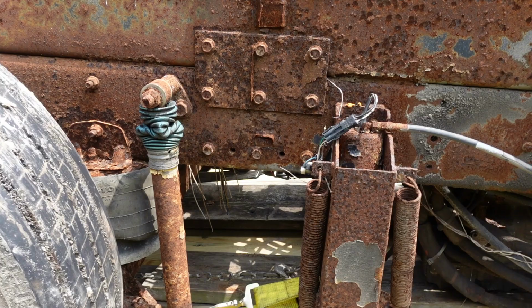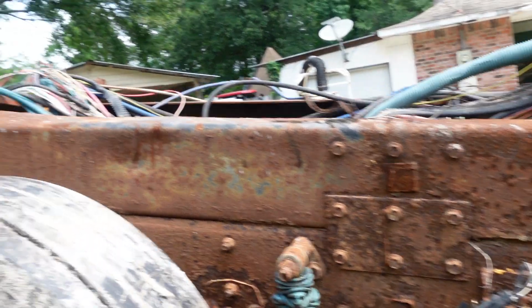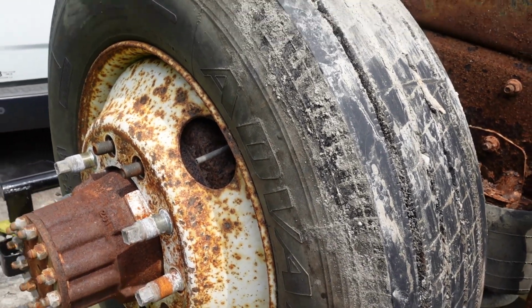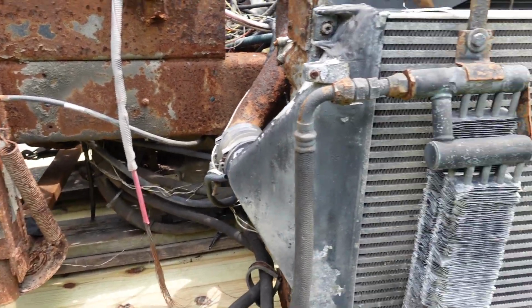This thing is massive. I did not truly understand how big this was going to be. Trailer towed fine. Everything's good. Brakes actually unlocked a little bit, like I said. So what I think I'm going to do now, I want to know how heavy this whole unit is, this thing, because it